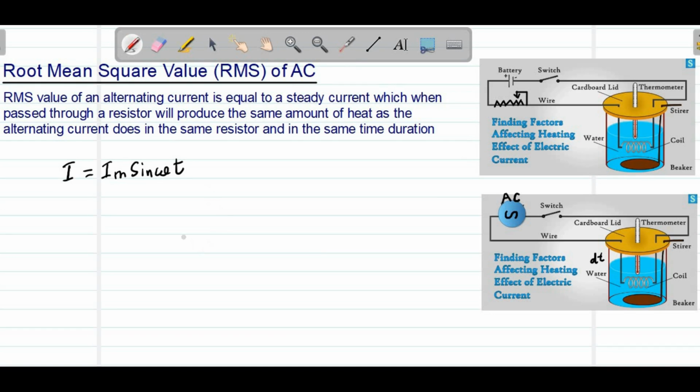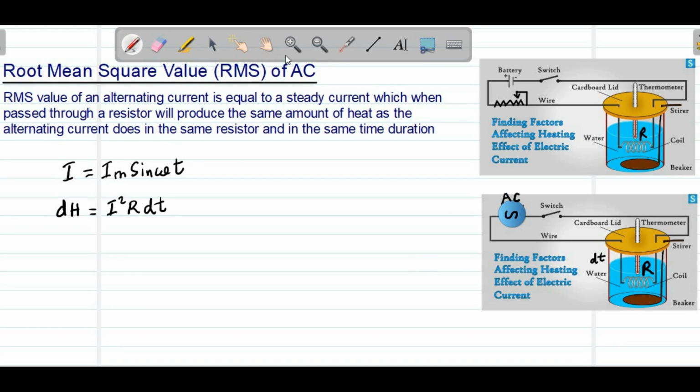That heat energy we can calculate by using Joule's equation. So if dH is the heat energy produced in a short time dt, then according to Joule's law, the heat energy produced is equal to I square R dt. Here the time is taken as a very small time gap dt, and R is the resistance of the coil. Suppose R is the resistance of the coil. The same is the resistance here also. Both the coils are identical.